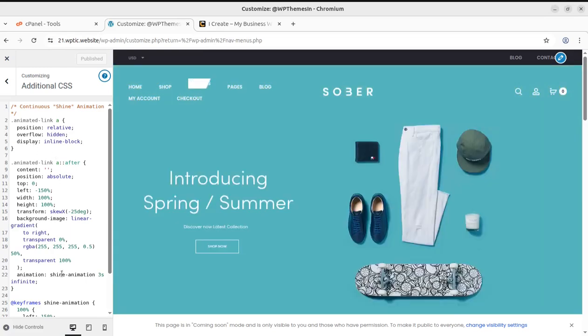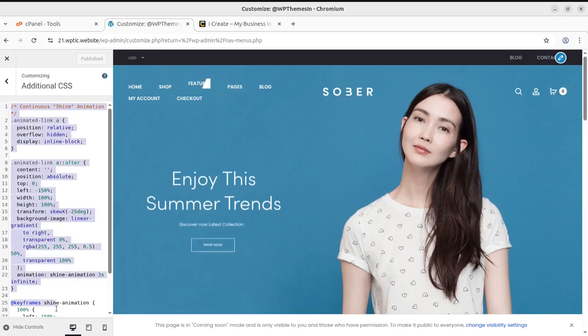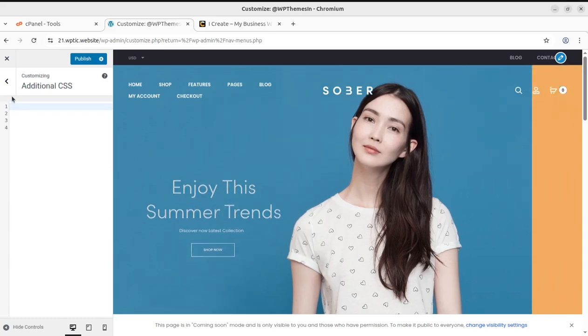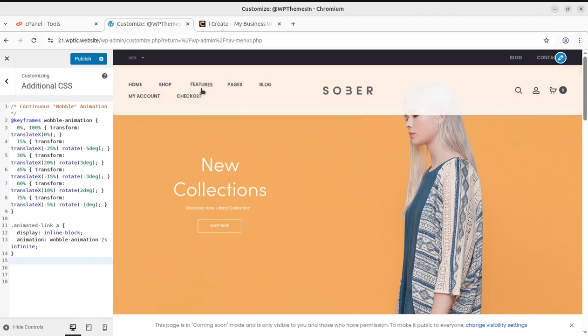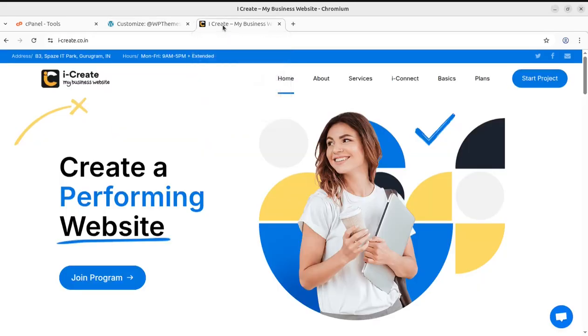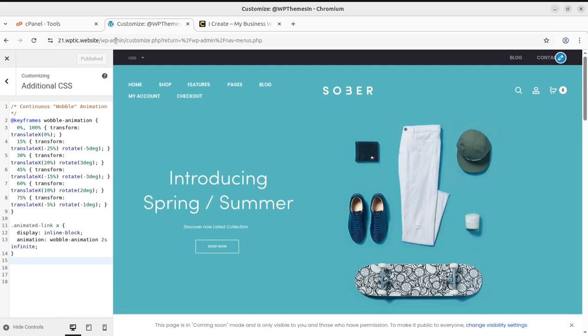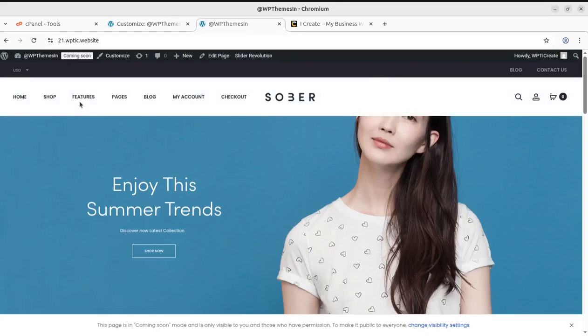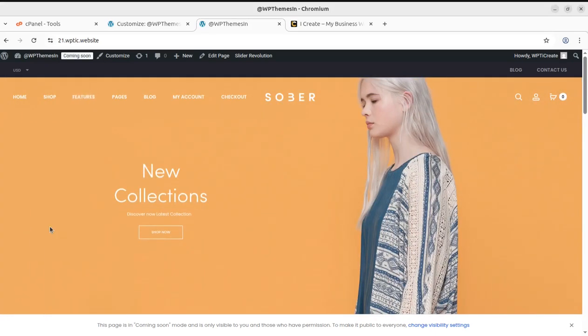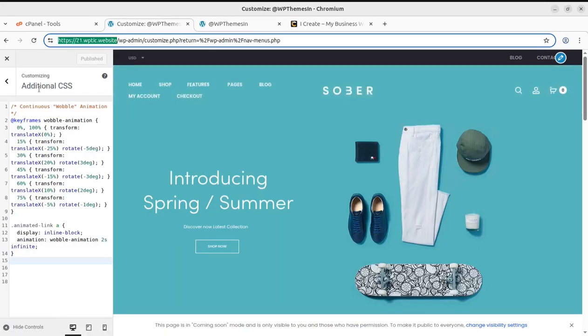The next animation that can be used on WordPress website menu items is the wobble effect. It is also very popular if we are talking about the styling of menu. So this wobble effect works well on all menu types, irrespective of the theme or the layout or the background being used. This is the wobble effect in action, and I am sure this is pulling attention as well. So it is like asking to click and inviting to click. So all these animation effects can be used using these simple codes,